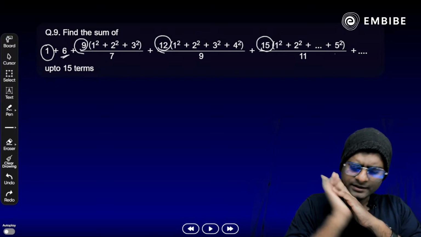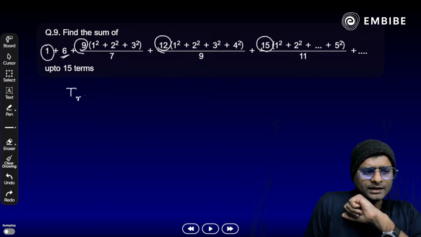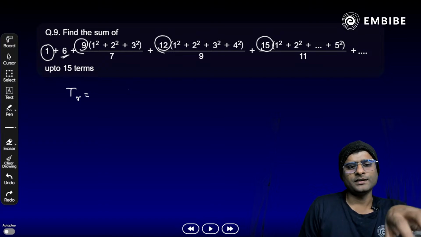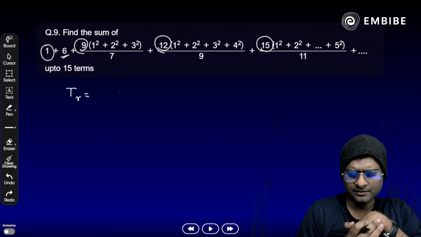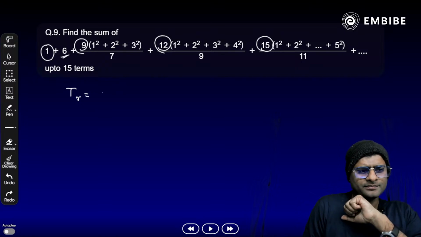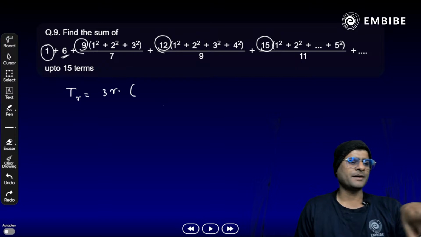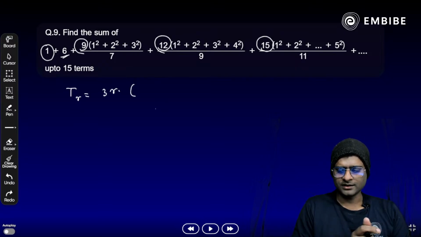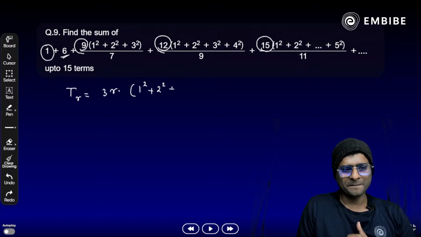How should we do that? Any idea? Yes, okay, I have to write it down here. Tr, that is the r-th term. Yes, so 9, 12, 15, they all are multiples, like 6 as well here. They all are multiples of 3 here, correct? So can we write 3r? Yes, then we have a bracket here. Inside the bracket, look at the numbers: 1 square, 2 square, 3 square and so on. Keep going here. So can we write 1 square plus 2 square plus 3 square up to r square,